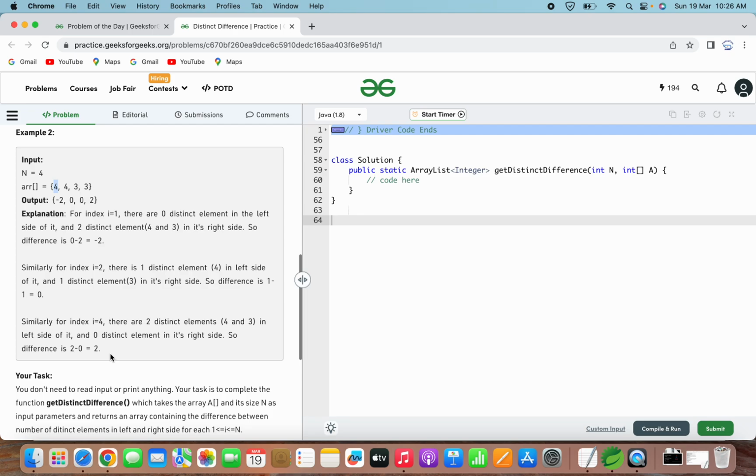So the approach we can use is to use 2 HashSets to calculate the difference in the number of distinct elements on the left side and right side of each index. In the first step, we will iterate from the end of the array and calculate the number of distinct elements on the right of each index. We will do this using a HashSet to keep track of the distinct elements encountered so far. The number of distinct elements on the right side of index I is stored in an array called distinctSize